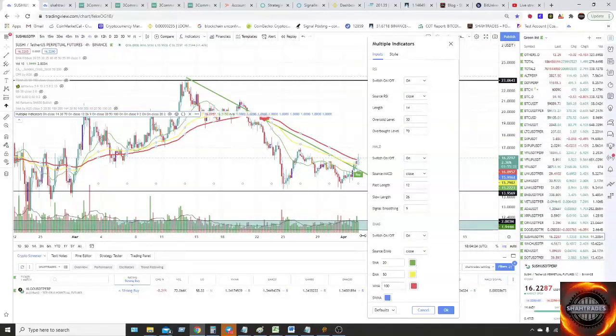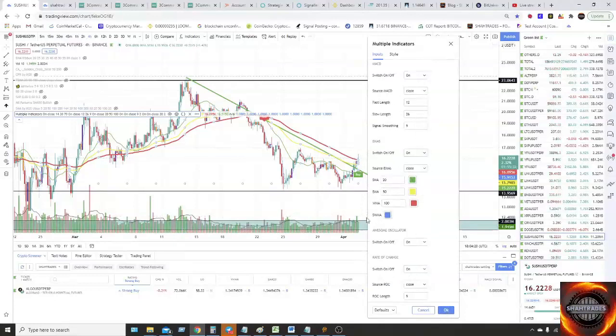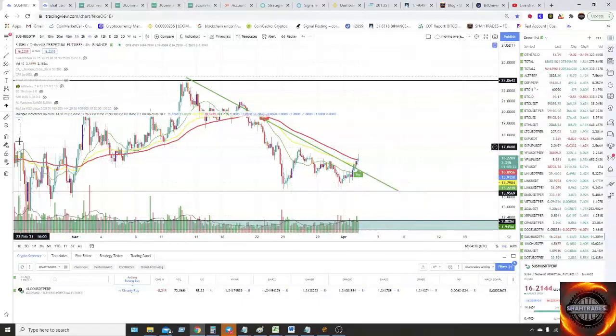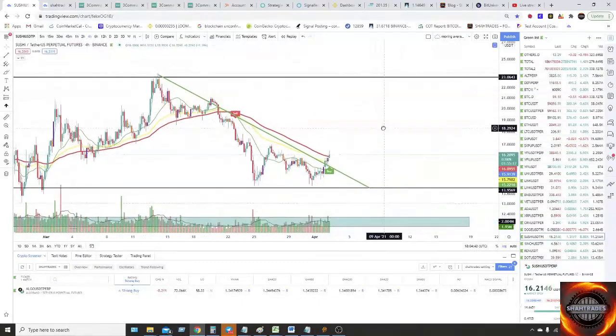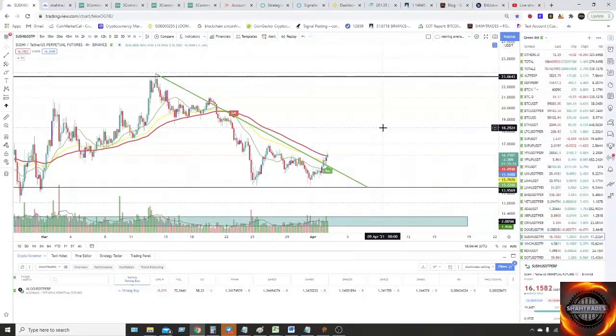You don't need to change any settings here. All the settings are set for the market movement and tested on my accounts, so it's perfectly fine. Basically this indicator generates a minimum of 5% profit, but if you use trailing features like 3Commas gives you, you can use that trailing feature as well.